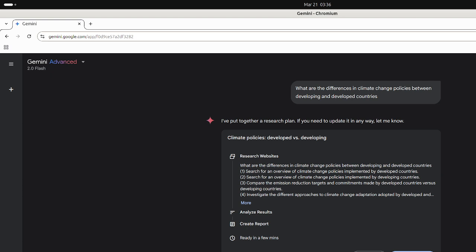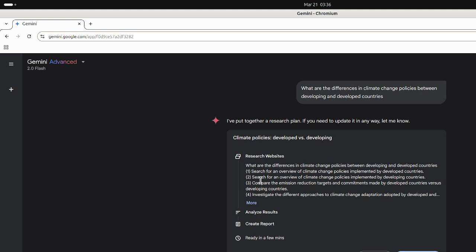Then if we need, we can edit this plan. This is the plan of how the process will be conducted. So if you are happy with the suggested plan, then we can proceed with this to start the research. If we have some suggestions or we need something to be captured that is not included here, then we need to edit this, and then we can start